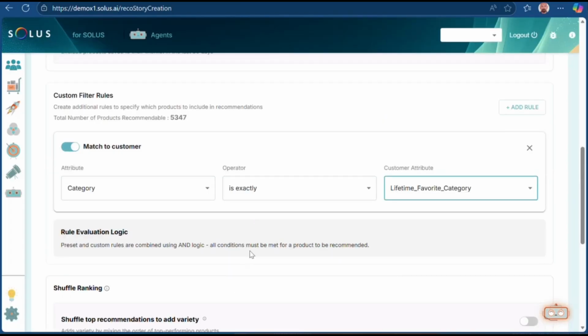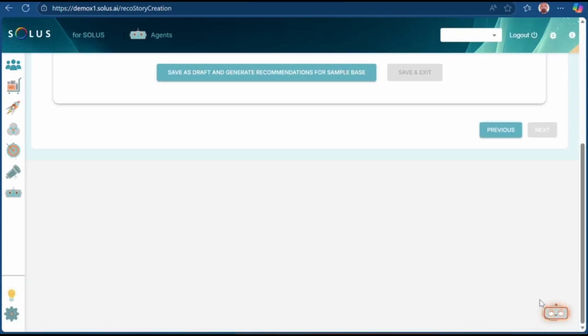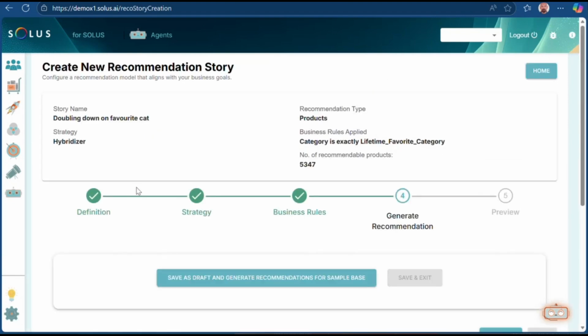What all of these allow you to do is essentially say that, hey, I have a very specific kind of business case, and I want to build that connective tissue between what my recommenders have produced and what that business case is. Stories are that connective tissue. It's what allows you to then talk to customers about specific kinds of approaches to consumption. So if you want to double down on what the customers typically buy, this is the way to do it. So this then allows you to build that kind of a recommender list.